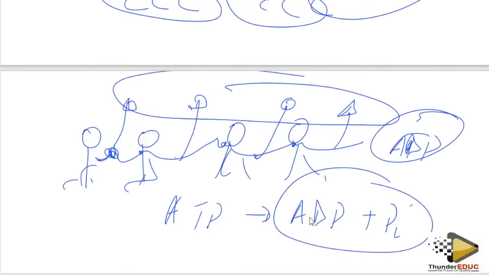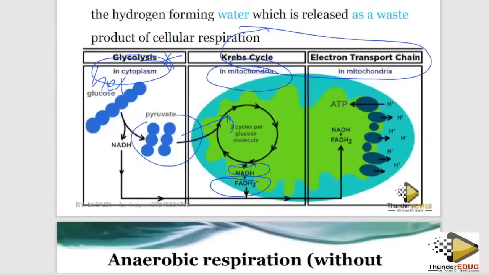ATP is adenosine triphosphate, and then this is called what? This is called